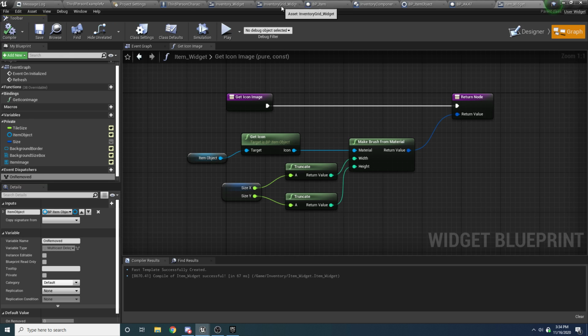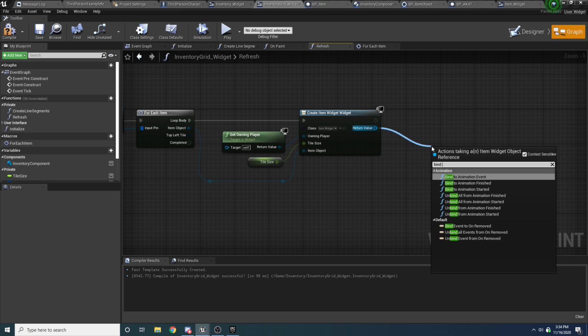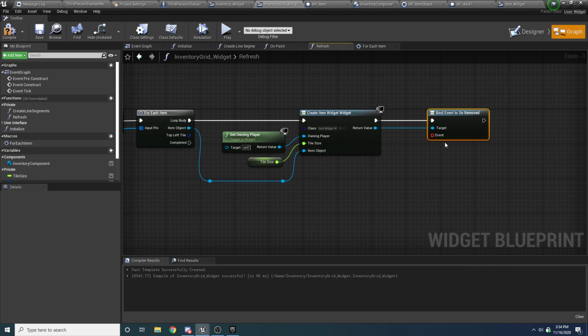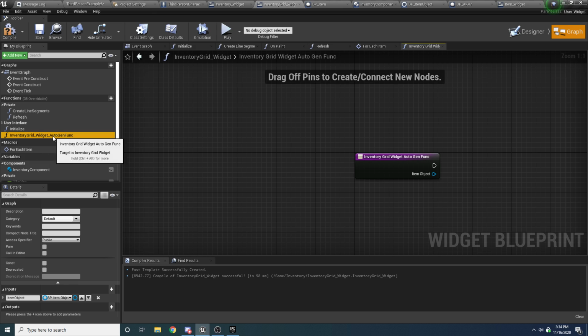And so now back here in the inventory grid widget, we want to drag off of this and say bind event to on removed. And then off of this, we just want to say create event. And then if you hit this little drop down, you can actually say create a matching function for me. So we'll just select this guy. And then let's see, where did that create it? Over here, inventory grid widget, autogen. Yeah, this one. So we want to rename this to on